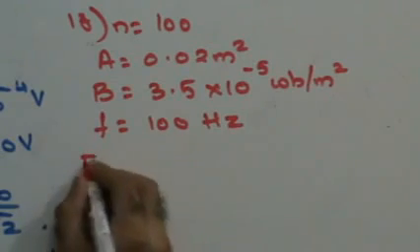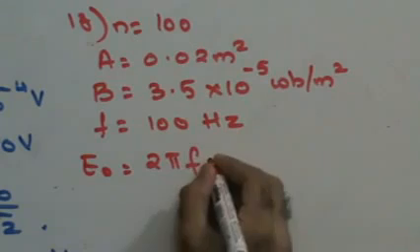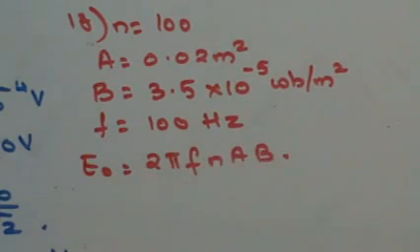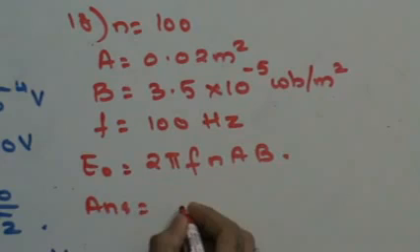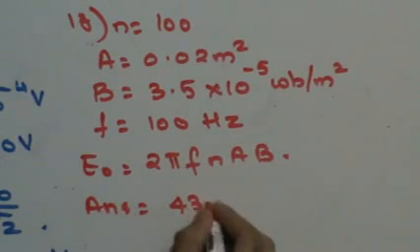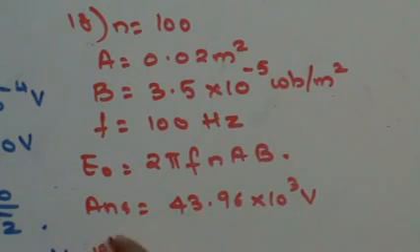Very simple sum. E0 is nothing but 2 pi f NAB. N, A, B, f, everything I know. Straight multiplication. Very simple. The answer for this should be 43.96 into 10 raised to 3 volts. Next,